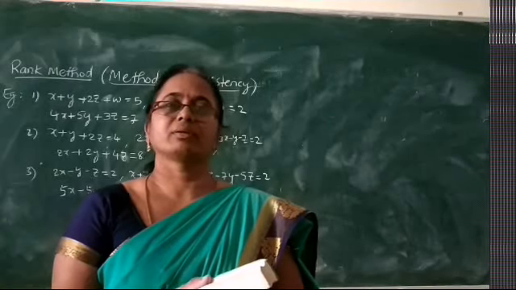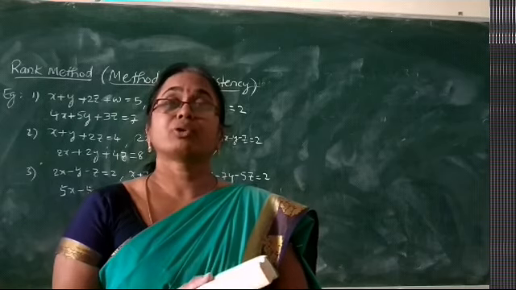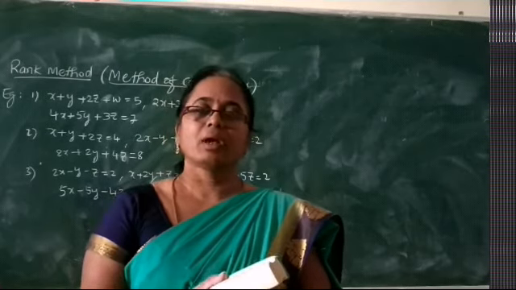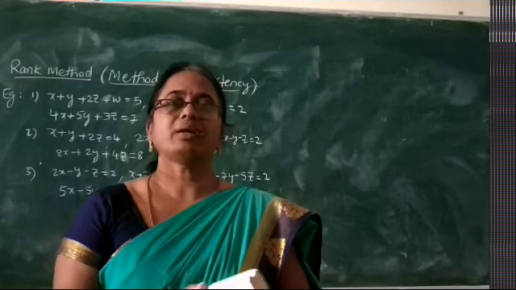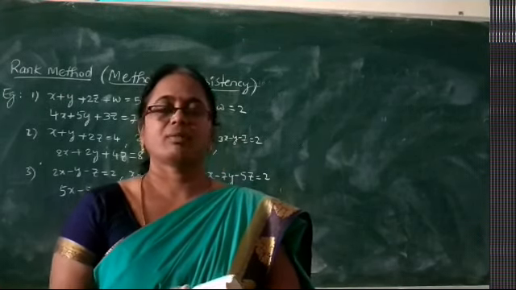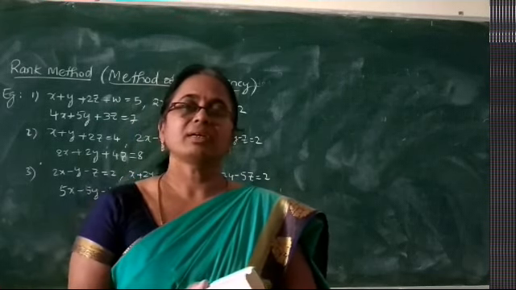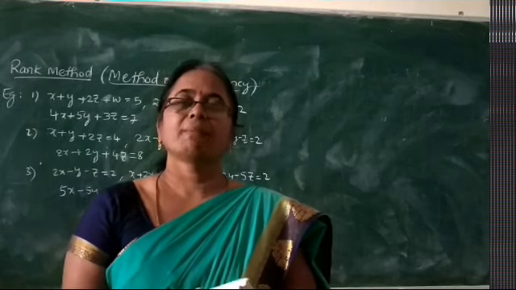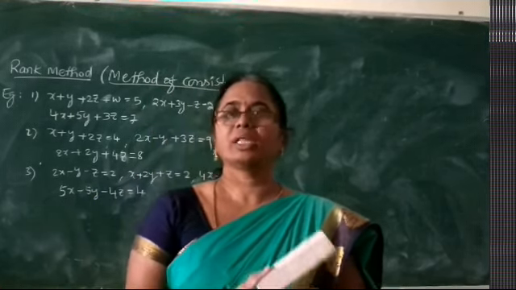Gauss elimination method. In the previous class, we saw how to solve a linear system with the elimination method. Now in this class, let us learn how the rank method is used to solve a linear system, because this particular method is based on the ranks of the coefficient and the augmented matrices. This is also called the method of consistency. Based on consistency of the system, we can have the solution in this method.